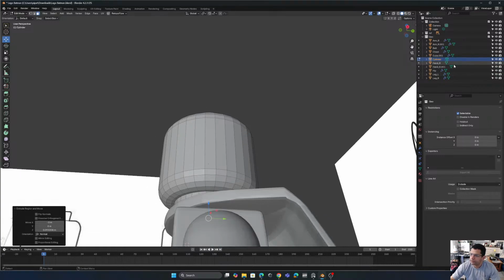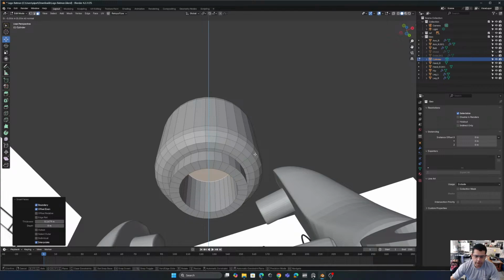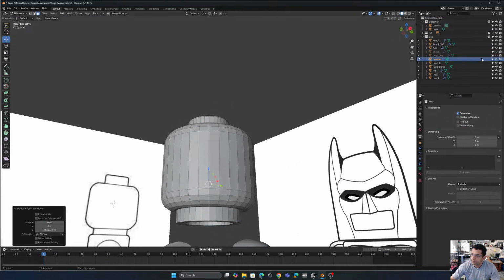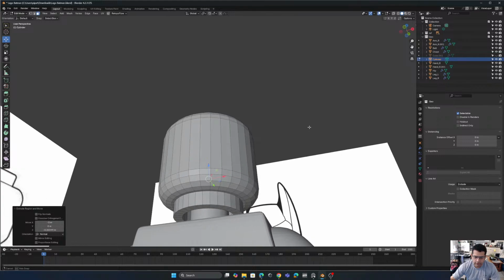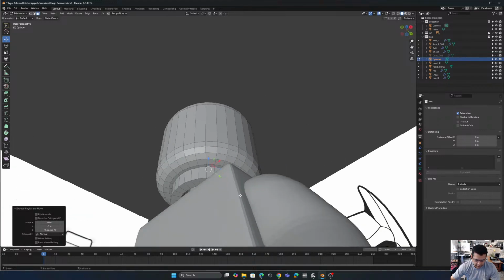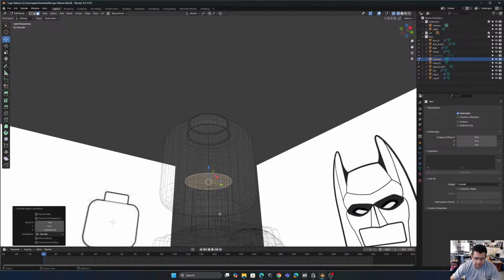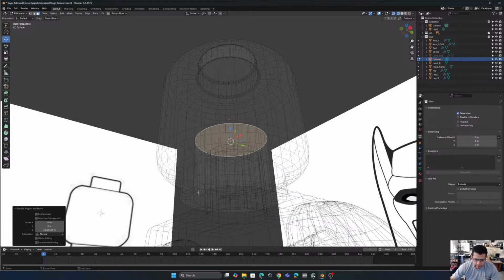We're gonna turn off the chest and the cape just to see through. We're gonna create an inset. There you go. Extrude, and we're gonna go to the inside. Let's see how big this is. I think we exaggerated a little bit, so Shift Z to go to wireframe mode. We have already selected top. We're gonna Shift Alt